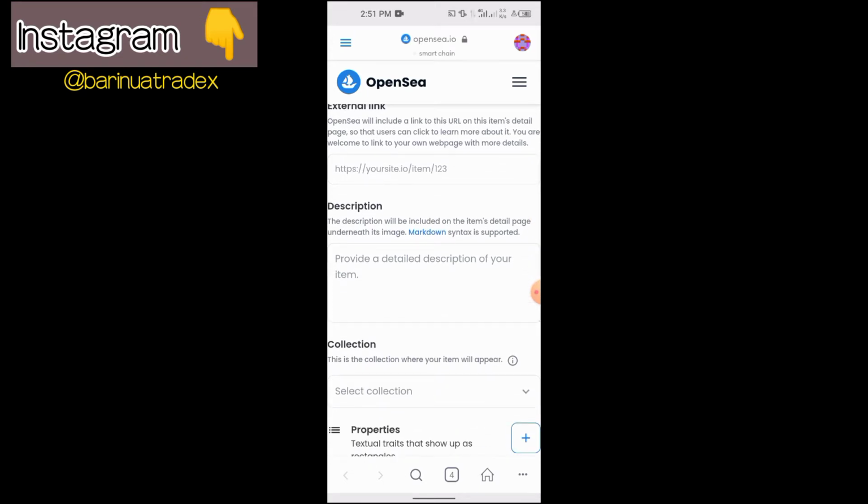Now the description. Here I can literally describe my NFT, what your NFT is about, or just what you created. Most persons create an NFT representing something, like an African background, or an American background, or an Asian background.